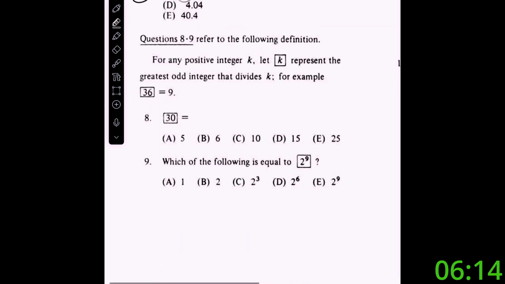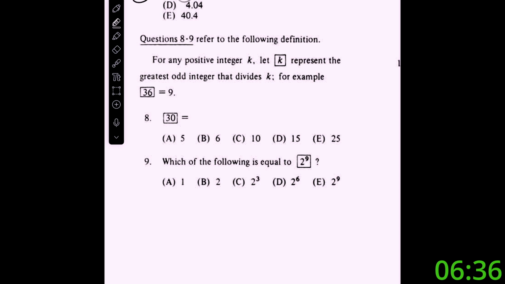Questions 8 and 9 refer to the following definition. For any positive integer k, let k with a box around it represent the greatest odd integer that divides k. So their example is a box around 36 gives us 9, because if you look at the factors of 36, which are 1, 2, 3, 6, 4, 9, I could write them all out, but you'll see that the largest, that's important here, the largest odd integer,